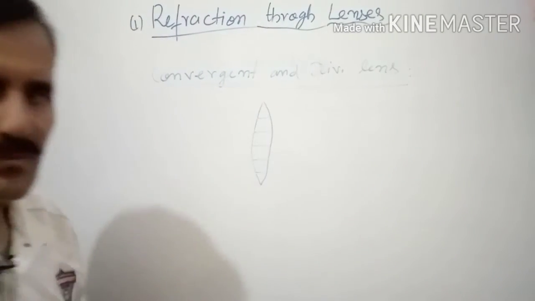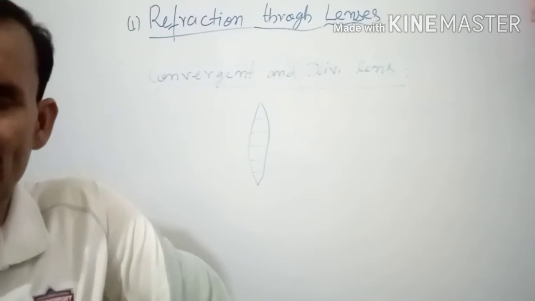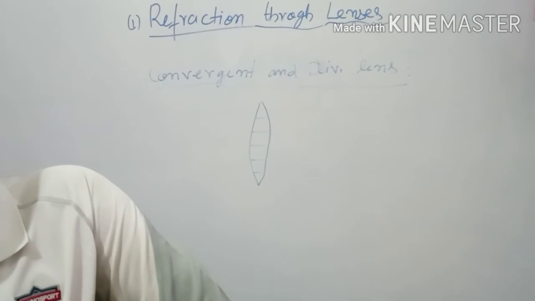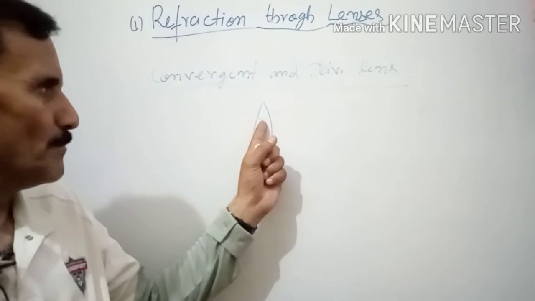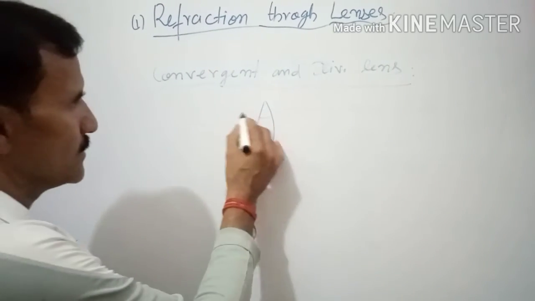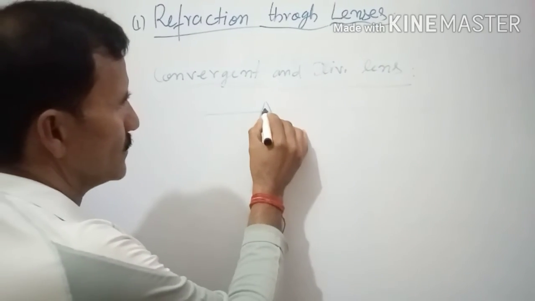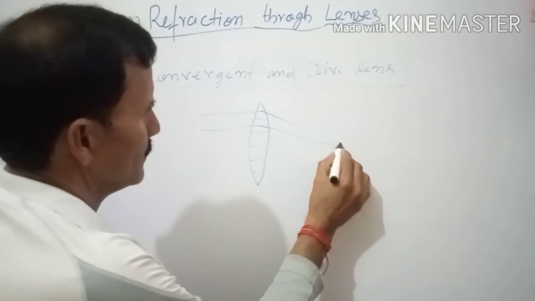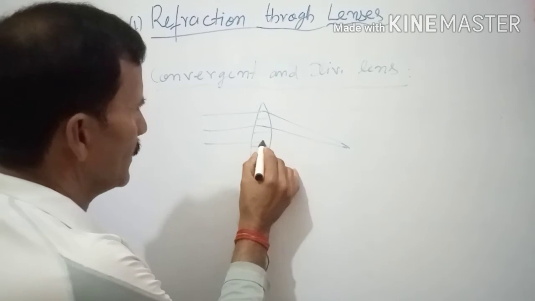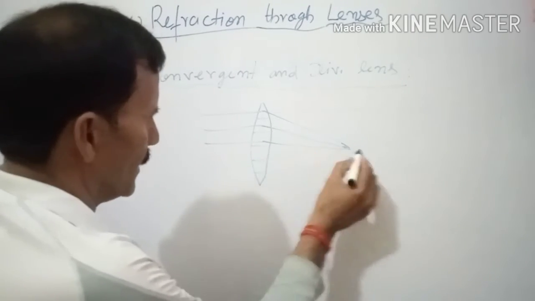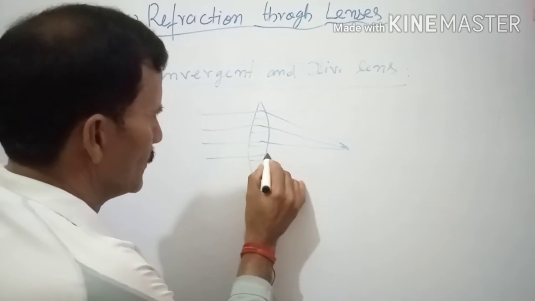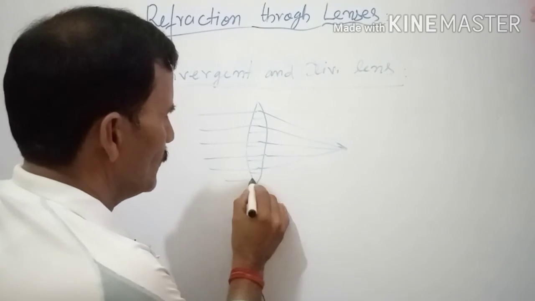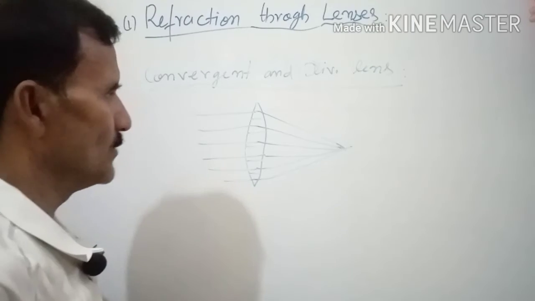In a prism, whenever there is refraction, you will read later on, the light ray always bends towards the base. Here the base is like this. You are seeing this. So this is moving like this, this is moving like this, this is moving like this. Slight, but here again slightly up. So this is convergent.